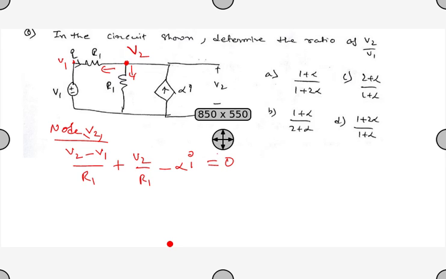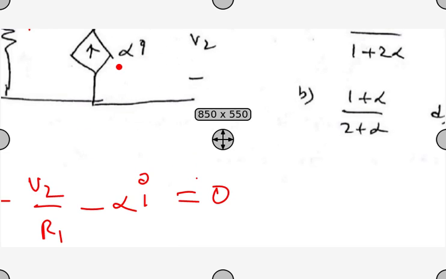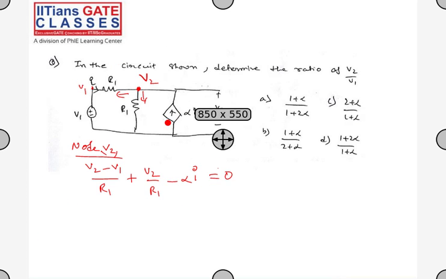What kind of source is this, everyone? What kind of dependent source is this? Controlled source or dependent source? Am I audible to everyone, right? No, it's not a VCCS. It's a CCCS, current controlled current source. The value of this is alpha, a constant, so it depends upon the value of